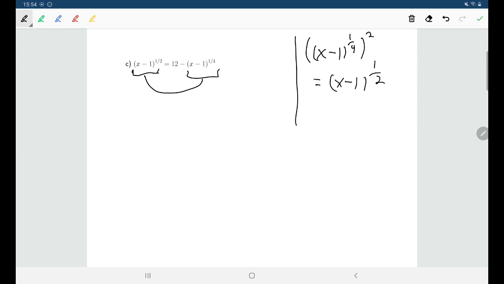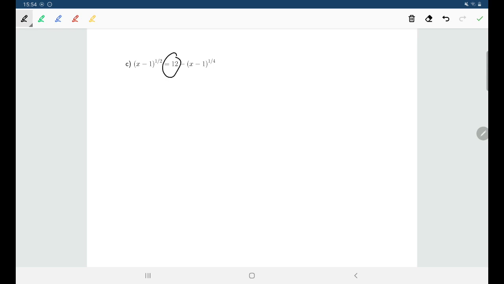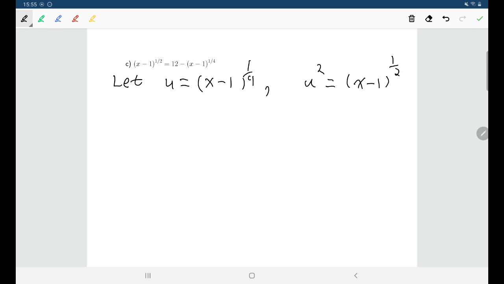So I'm thinking about, what do we have here? We have a constant term, we have a something, and that same something being squared. So we can do a substitution to turn this into a quadratic. I'll replace x minus 1 to the quarter with u, and if you square both sides, that means that u squared should be x minus 1 to the 2 quarters, or in other words, x minus 1 to the half. So we have now u squared equals 12 minus u, bringing everybody to one side